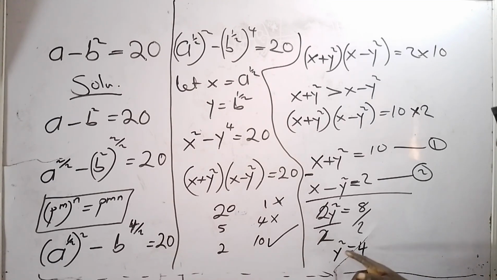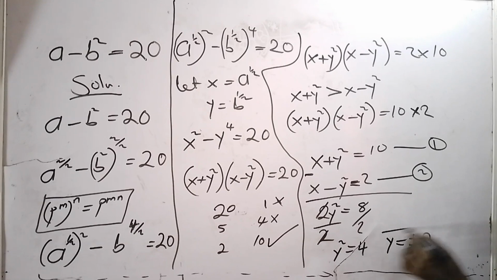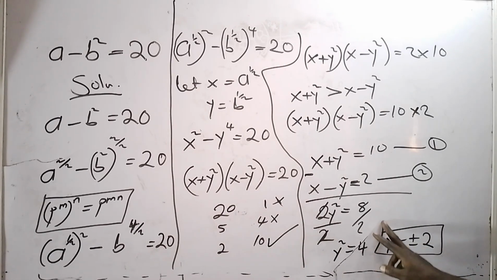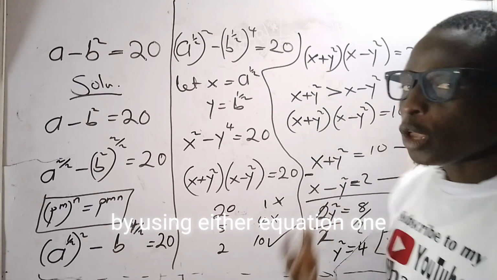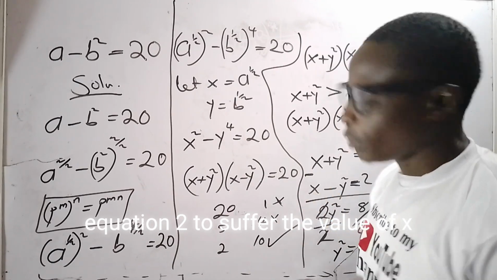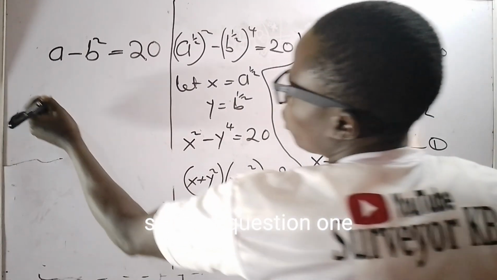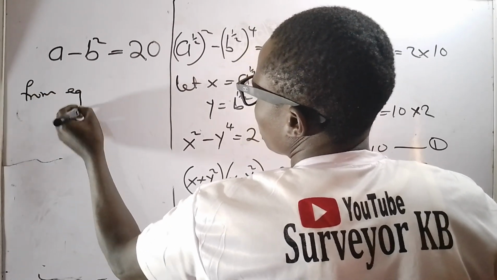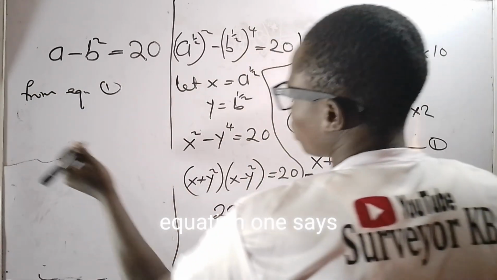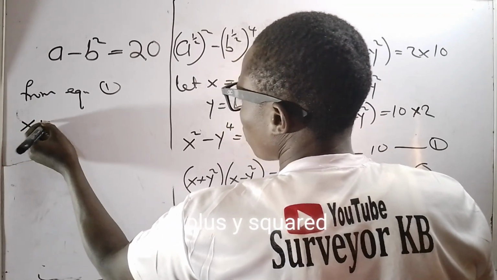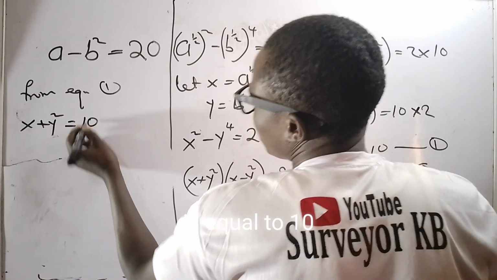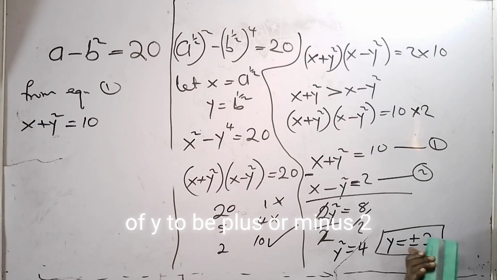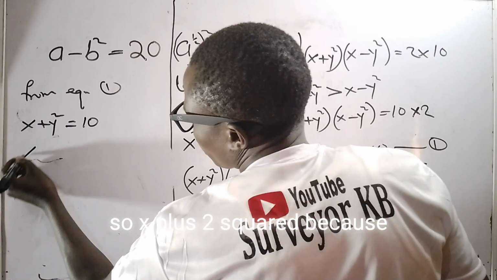When I take the square root of both sides, y will be equal to plus or minus 2. So how can we get the value of x? By using either equation 1 or equation 2 to solve for x. Allow me to clean this side. From equation 1, x plus y squared is equal to 10. Now that we've gotten the value of y to be plus or minus 2,